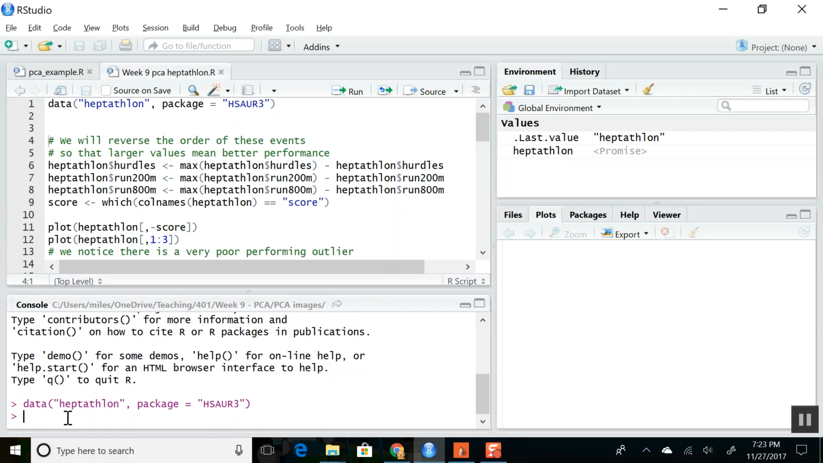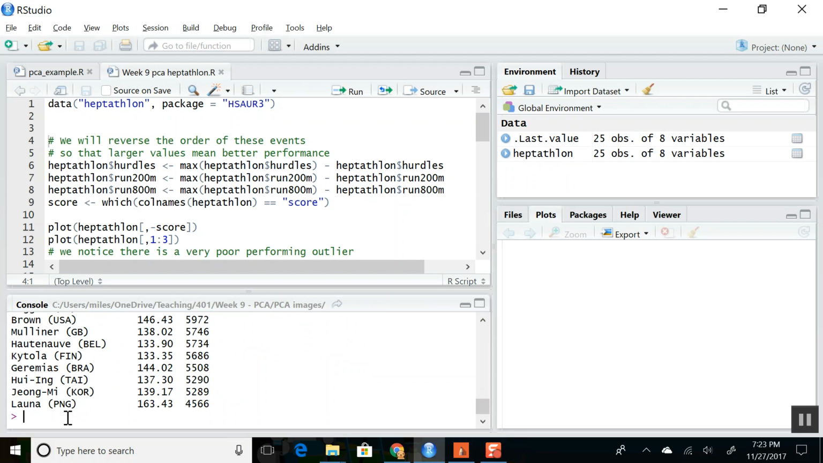Okay, so we have some data in the handbook textbook from a heptathlon. Okay, so heptathlon, there are 7